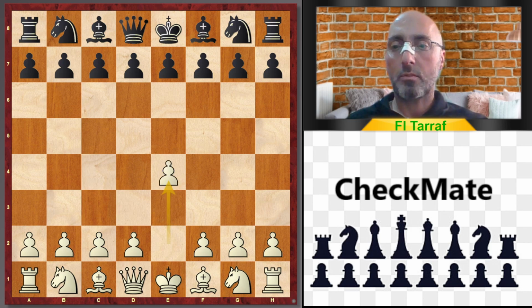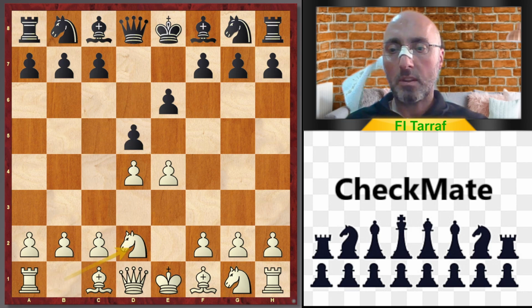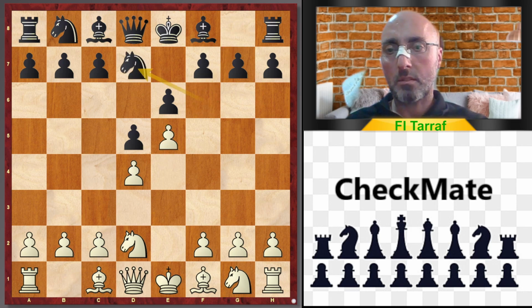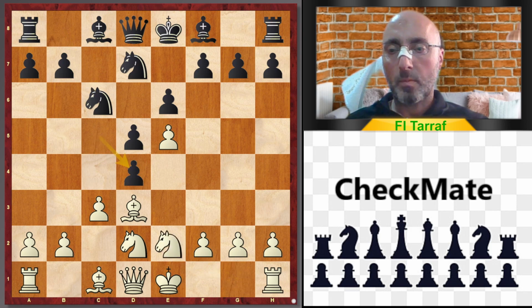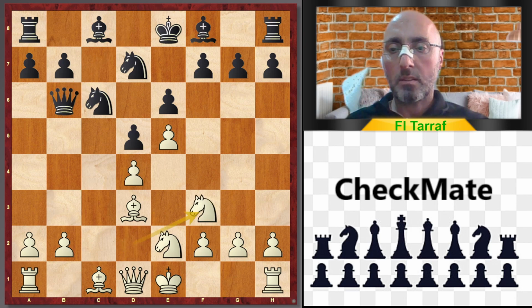And the game started with e4, e6, the French Defense, d4, d5, Knight d2, and this is the Tarrasch Variation of the French Defense. Knight f6, e5, Knight f-d7, Bishop d3, c5, c3, Knight c6, Knight e2, cxd4, cxd4, Queen b6, Knight f3, e6,